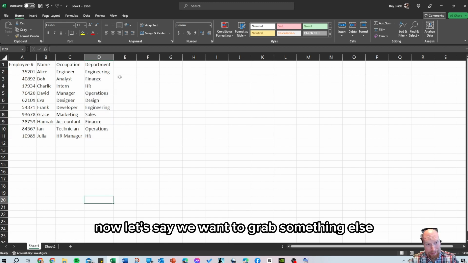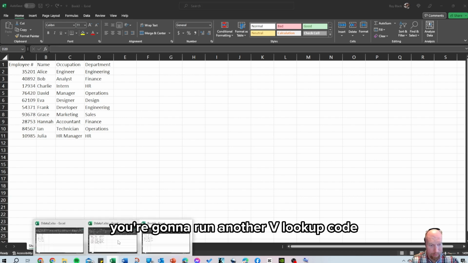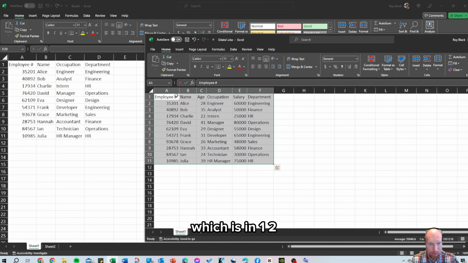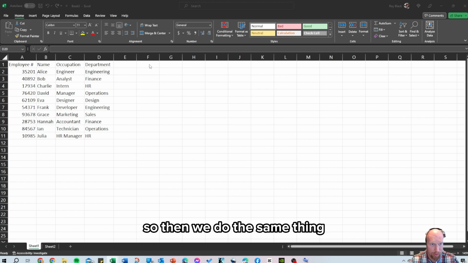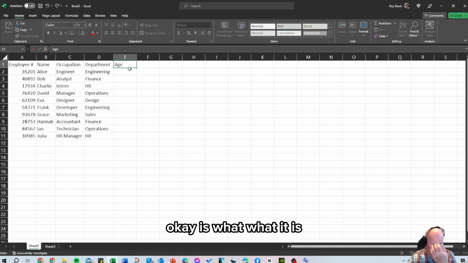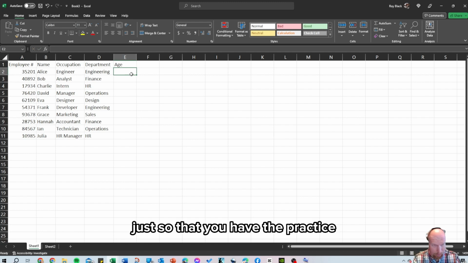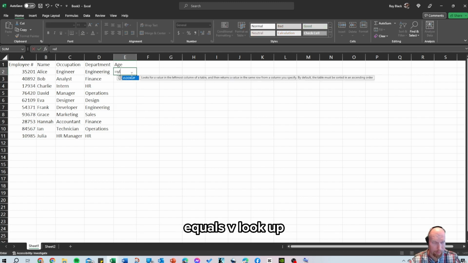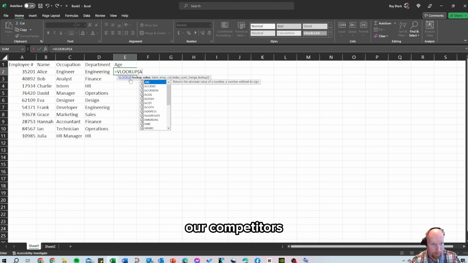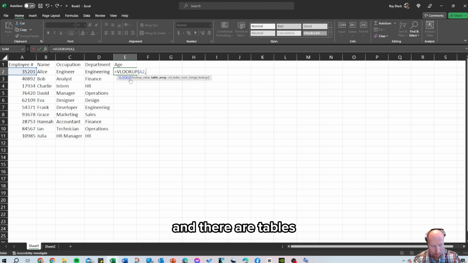Now, let's say we want to grab something else. You're going to run another VLOOKUP, because we want to grab, say, age, which is in the third column over on our data sheet. So then we do the same thing. We're going to say age, okay, is what it is. We're going to do another VLOOKUP, just so that you have the practice, equals VLOOKUP, right? I'm going to click it. Now, where's our value? Our value is the same. Our comparator is the same, A2, right? And then our table is the same,